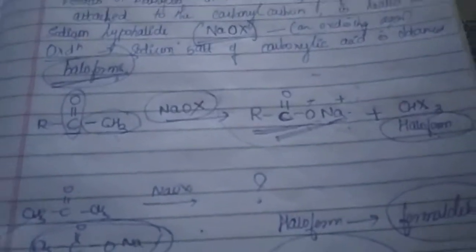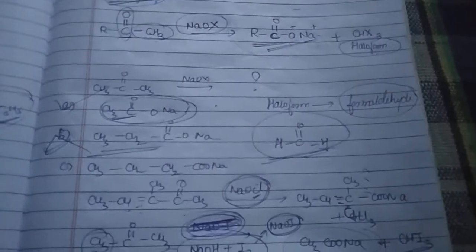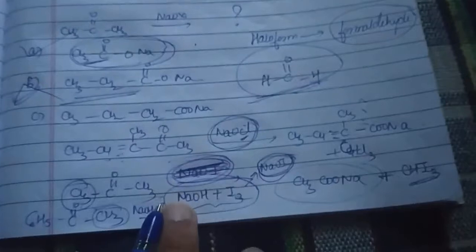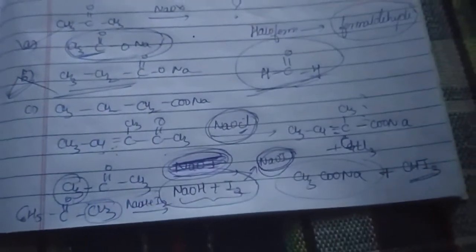Is that clear? An important thing. And how will you prepare those sodium hypohalides? By treating halogens with sodium hydroxide. So this part also you should remember. Nobody will give you sodium hypoiodide directly. They can ask you in an indirect way, that is NaOH plus I2. What does it give you? You should remember that in that case.